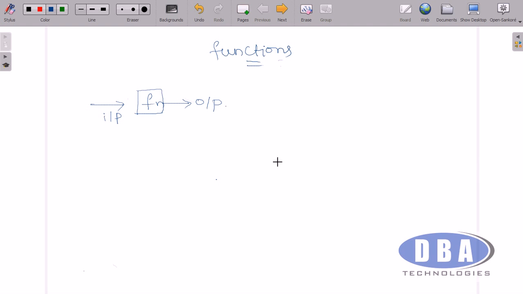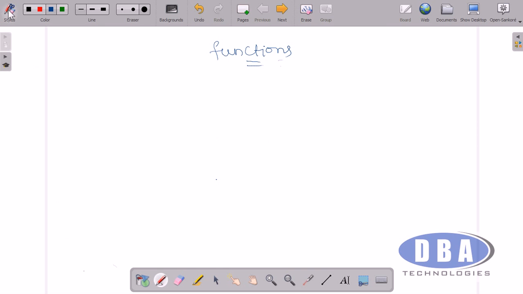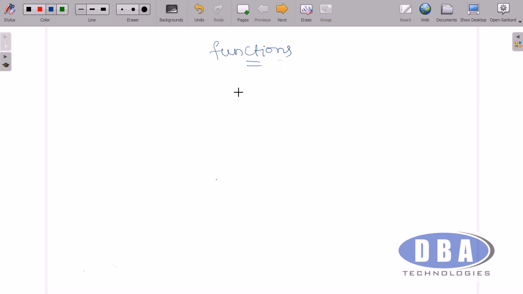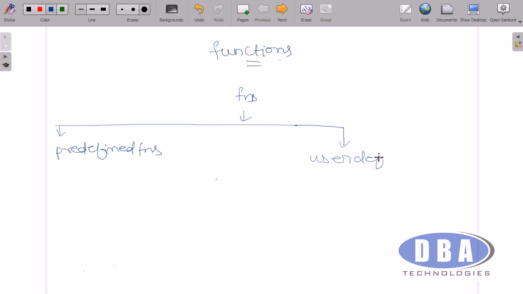If you see, functions are of two types. Basically, functions are divided into two types. Those are predefined functions and user defined functions. These user defined functions are given by SQL developers, and predefined functions are in turn classified into